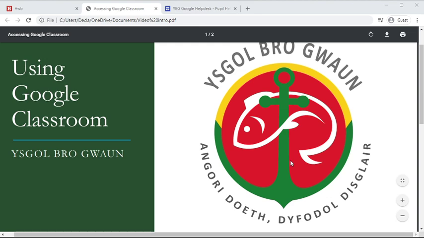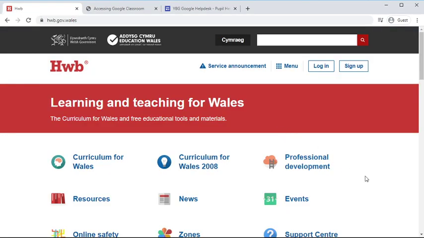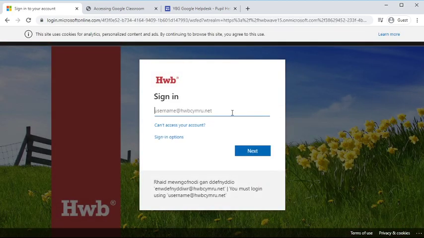So the first thing that you actually need to do when accessing Google Classroom is you need to first of all load the Hub website. Now this includes a huge amount of different resources, but the main one which we need to use is going to be Google Classroom. So for that, all you have to do is log in, and your children should already have the usernames and passwords, but I will show you at the end where you can go if for any reason they don't. Now all you then need to do is enter your Hub username and password,